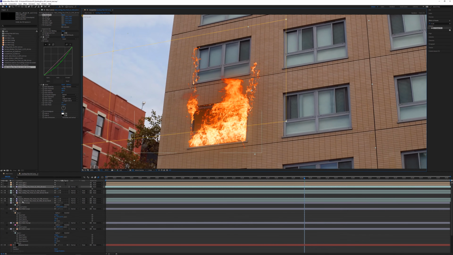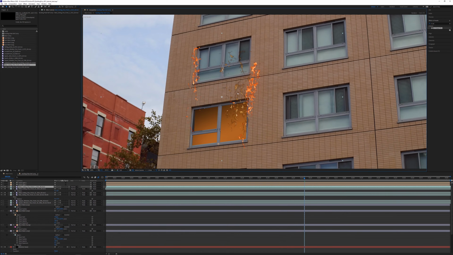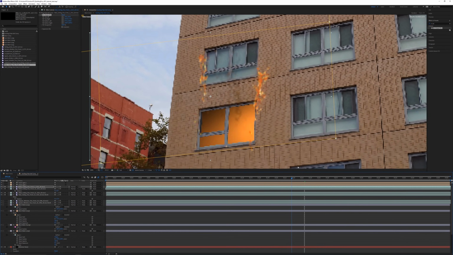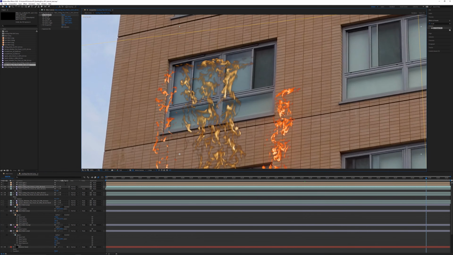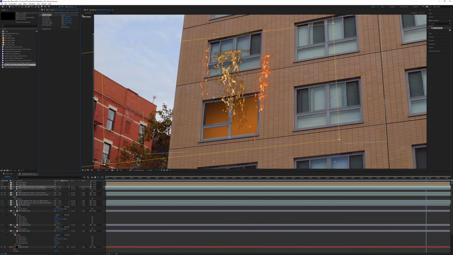So I wanted to add some extra fire in the center, and if you notice that little lip underneath where the windowsill is, I wanted the fire to catch on that lip. If you don't have an element that actually has some type of obstruction for the fire to hit and then expand along the underside of that, it's very hard to simulate that without going into 3D simulation territory.